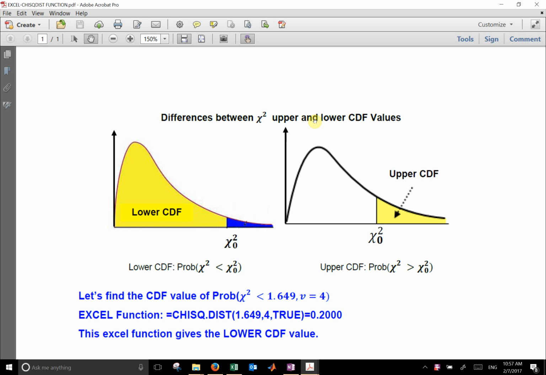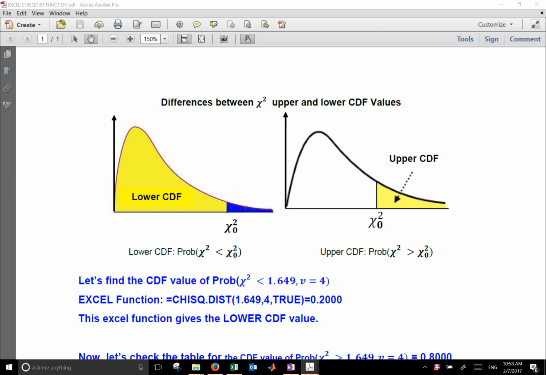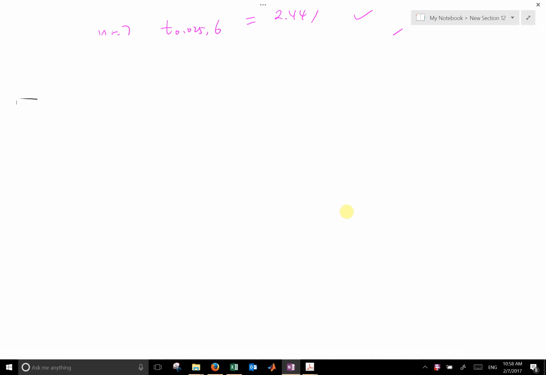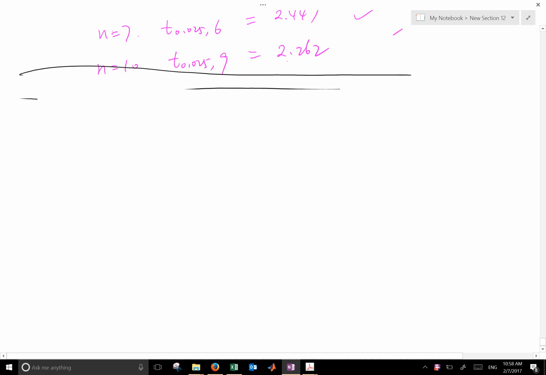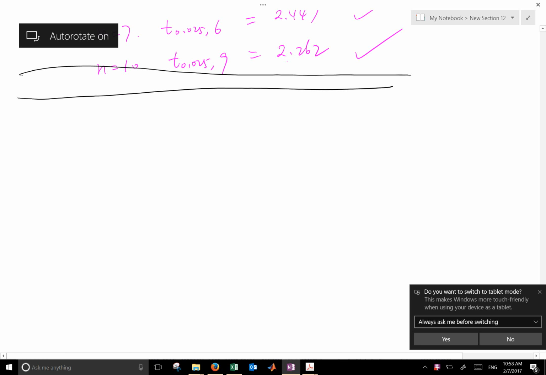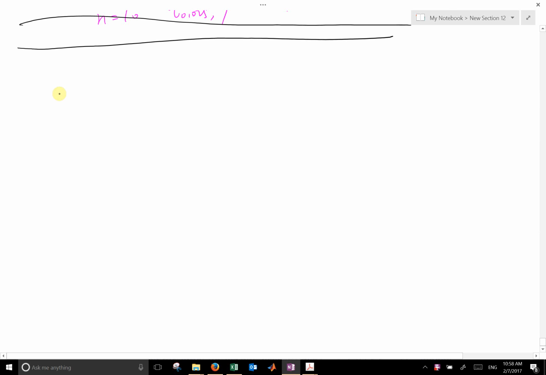Okay, now let's have a look at how to calculate the upper and lower CDF values of chi-square distribution. So we know chi-square distribution. What is chi-square distribution? So chi-square distribution, if